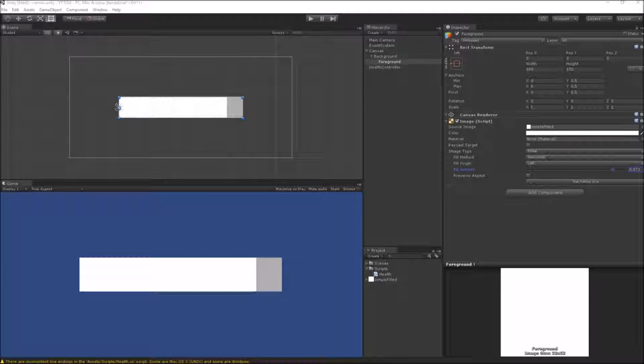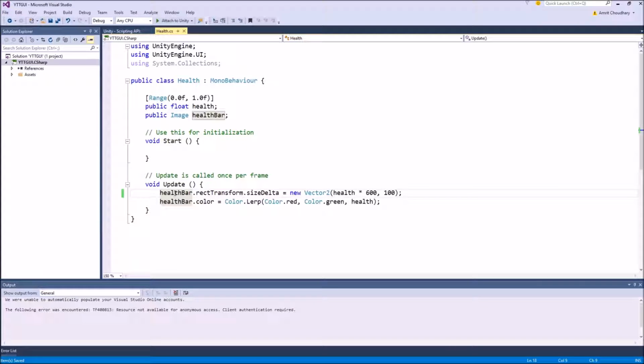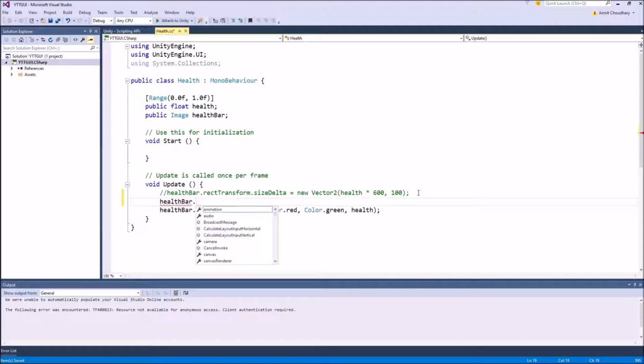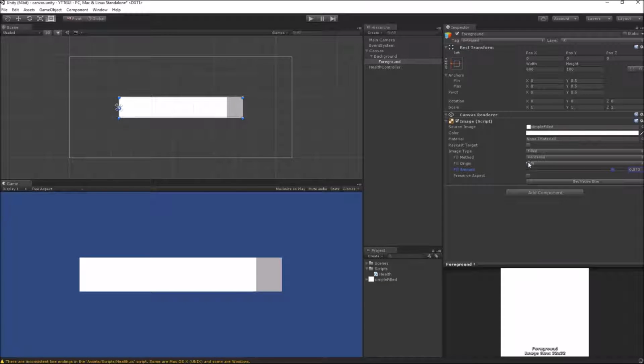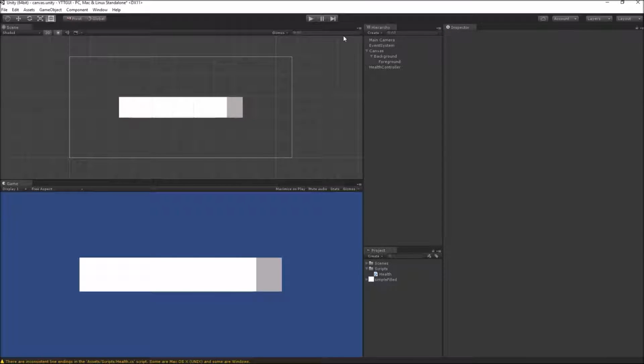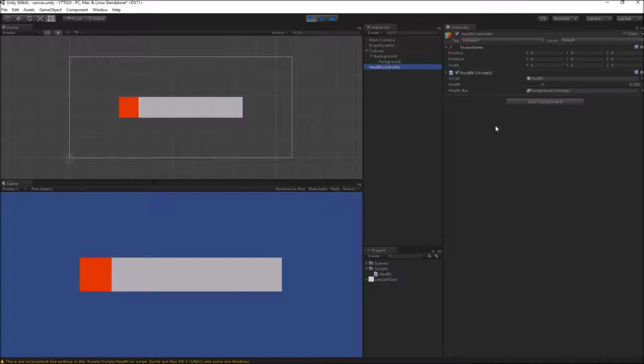So we will do exactly that by going inside our code, removing this line which changes the width, and going to the fill amount and making it equal to the health, because the fill amount varies between 0 to 1, and our health also varies between 0 and 1. Now when we test our script, you can see that even if we are using the fill effect, varying the health from 0 to 1 will give us the same result.